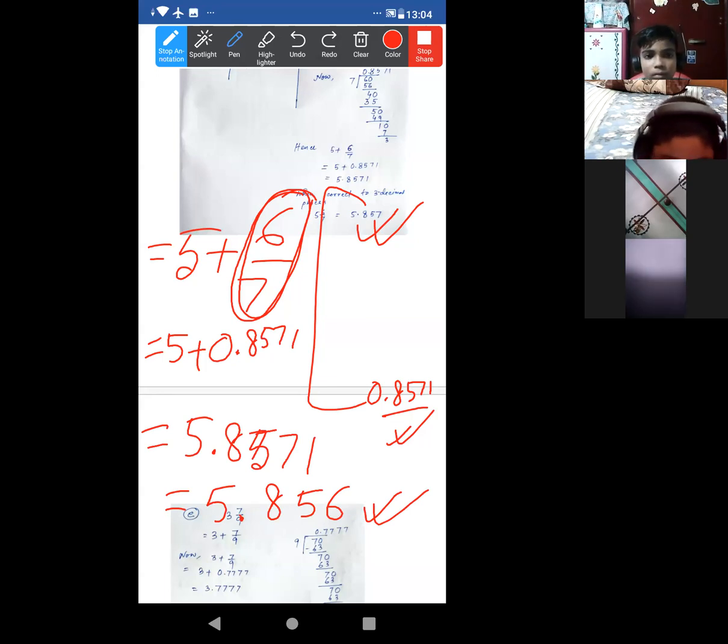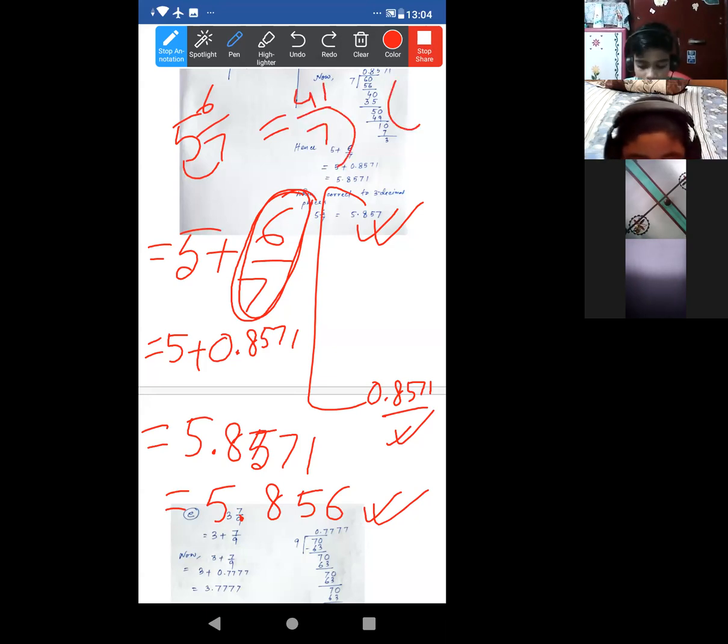All of you done? Now the normal process you will do at home. I explained this process. So that normal process, that one is equal to 5 7s are 35 plus 6, 41 by 7. Now this normal division you will do at home. That will be your homework. Understood?